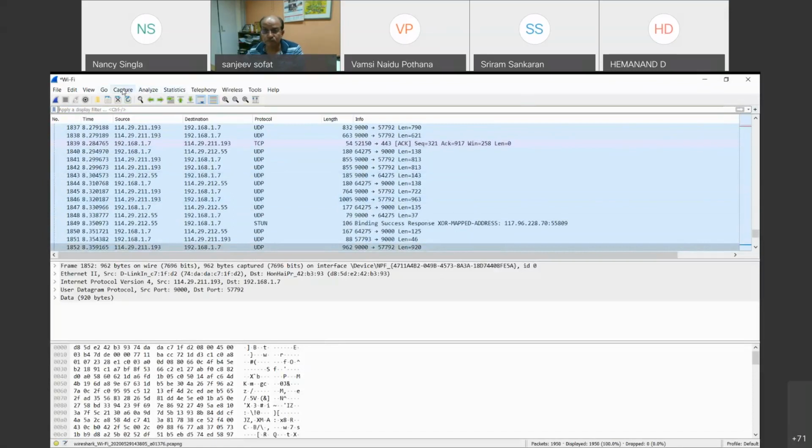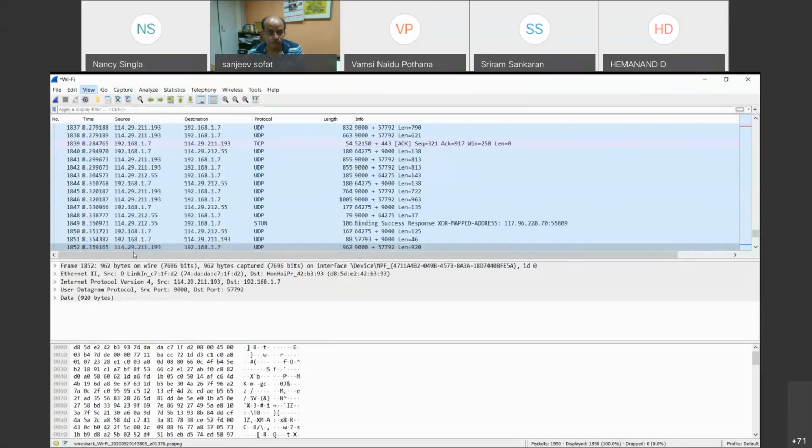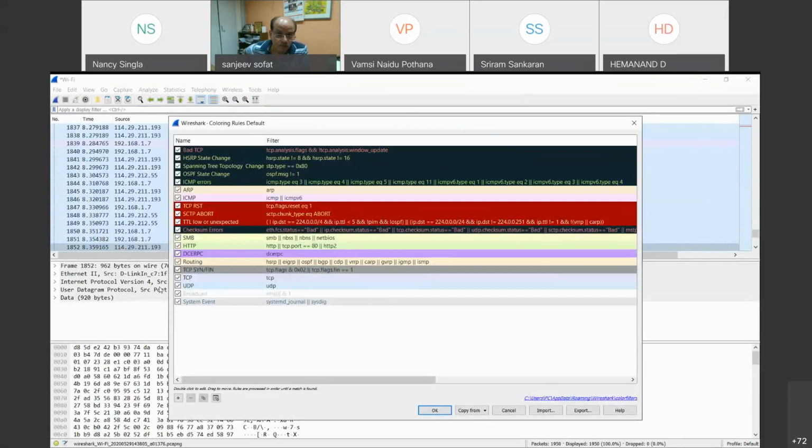So one more thing I want to tell you is that in View options, you can see there is Colorize Packet List, Coloring Rules. By default, they have 20 color rules defined, and you can also add your own rules or comments. By default, Wireshark colors all subframe types, like management packets, control packets, and data frame packets. All those categories of packets are colored with the same color, and you can also change that. This is the plus button in which you can add your own rules.